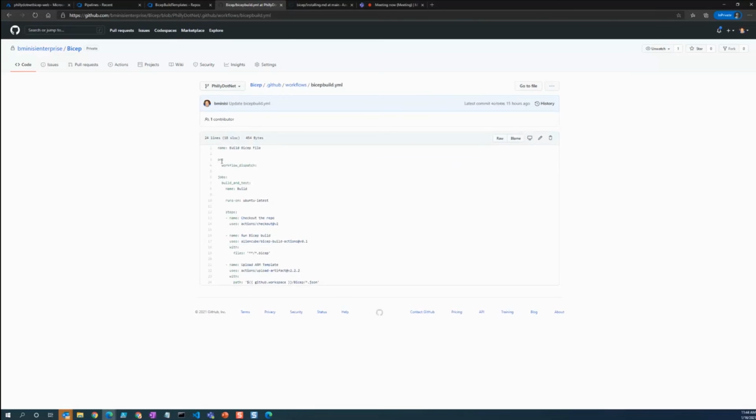In this case, we could have push, pull, delete, any type of webhook event, pull requests. There are a lot of different webhook events, but saying workflow dispatch makes it a manual event. So this will only get launched if we manually kick it off, which is perfect for the needs of what I'm doing here. But in the real world, we would want to have this part of a pull request. We would want to have it part of a merge, for example, in order to kick off this workflow, just like we would do with Azure Pipelines.